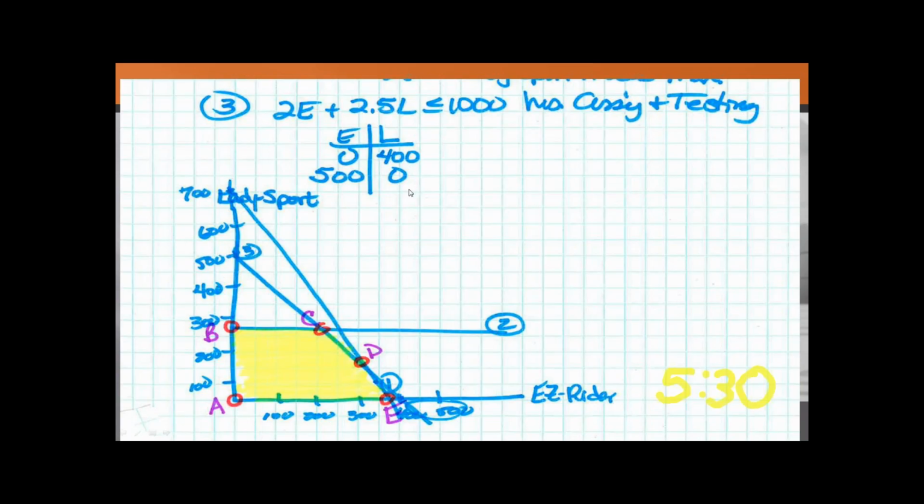And I saw when I was grading your papers that you got that well. So now you've drawn this. So we say we've got points for each of the 3 constraints. Let's draw each of the 3 lines. So here's constraint number 3. When E equals 0, we have E on this axis, the horizontal axis, and we have L